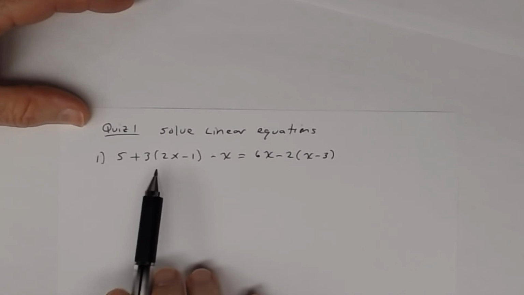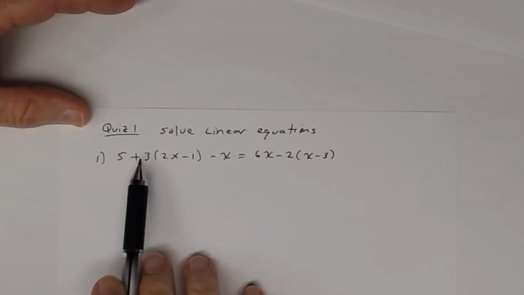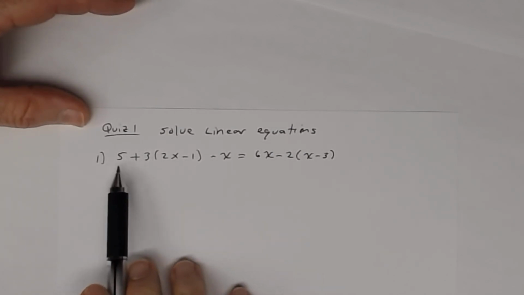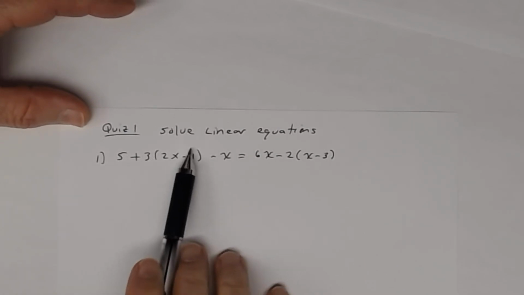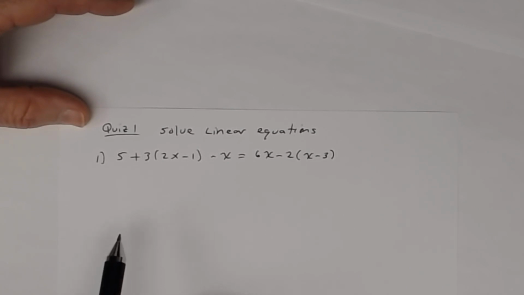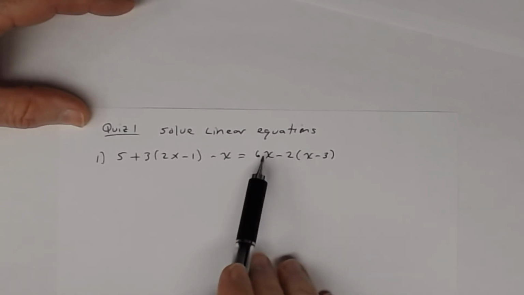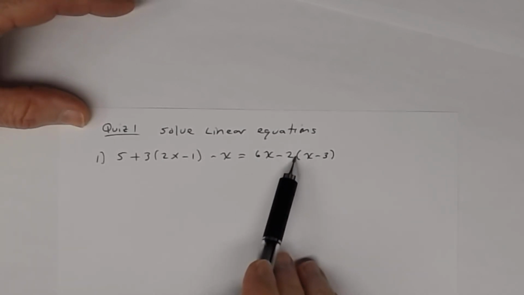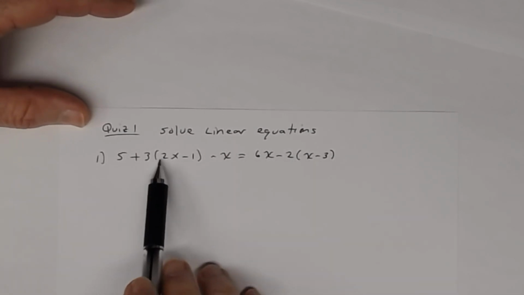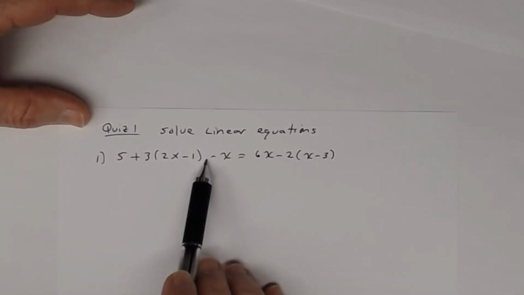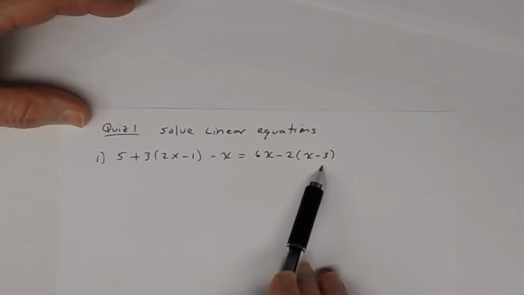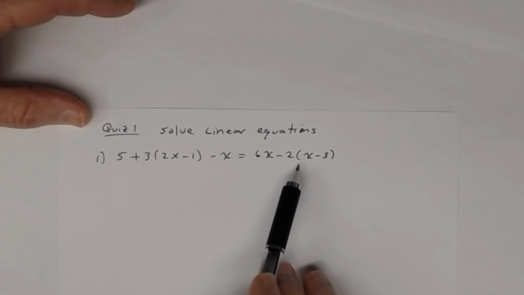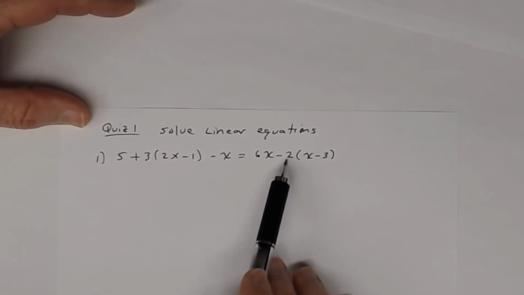to do that by using the distributive property, because when you read the left-hand side, it says 5 plus 3 times, and in parentheses, 2x minus 1. And over here, this says 6x minus 2 times x minus 3. So you're multiplying whatever's inside that parentheses by 3 here, and you're multiplying whatever's inside the parentheses, in this case x minus 3, by, and you can think of this as adding a negative 2, so you'll be distributing a